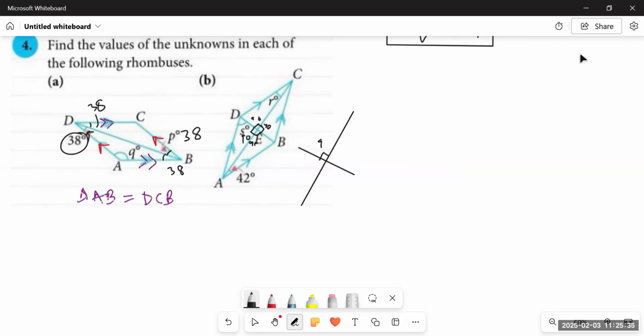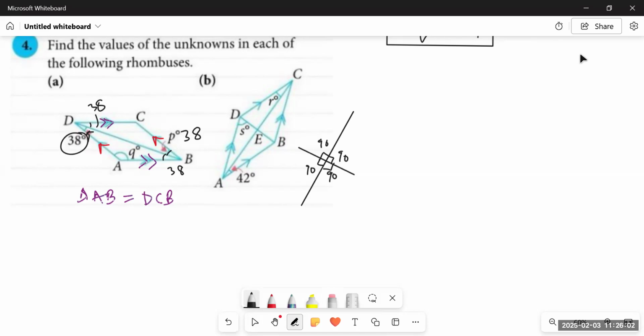We can draw it over here. All four angles are of 90 degrees each. And we can see that by having two diagonal lines, the rhombus is cut into four equal triangles. The four triangles are equal to each other. So what do we have to find? We are provided with only one angle, which is angle EAB, 42 degrees.